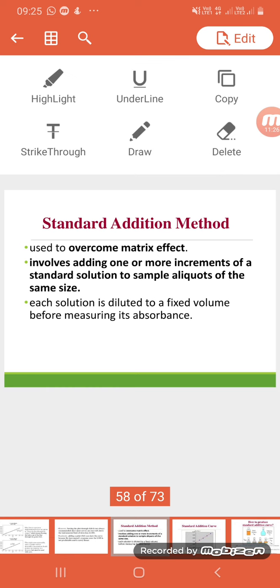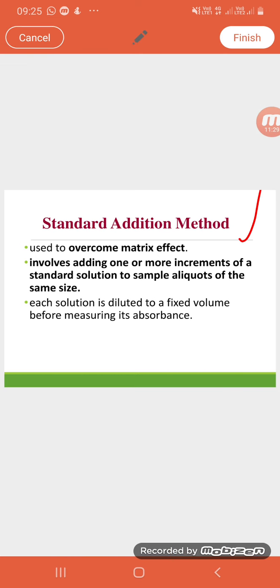Okay, then another method is the standard addition method, and this is to overcome the matrix effect. We'll find the matrix effect in the calibration method, and the matrix effect is the effect from components other than the analyte of interest. Okay, and then these components other than the analyte of interest will affect the analysis. Let's say the standard addition method involves adding one or more increments of a standard solution to sample aliquots of the same size. Okay, means that just now